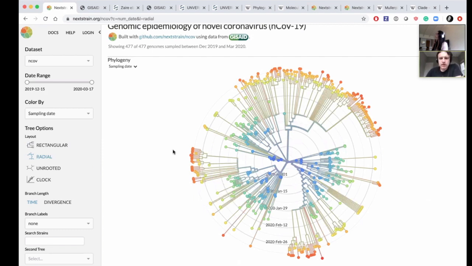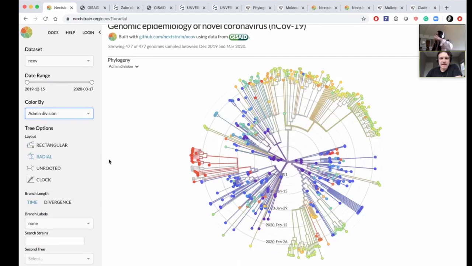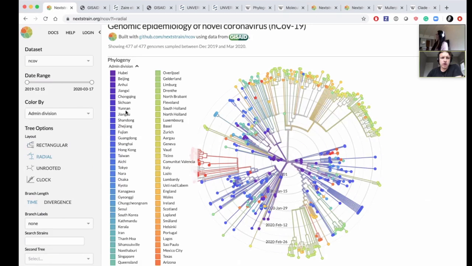Got it. When I was going through this, it clicked easier for me to look at the radial, because for me personally, in the rectangular one, the further down you went, there were so many dots that they overlapped, and this one spread it out more. So that makes sense as what you were saying about layout and distortion. Yes, I think also we can see that if we go to administrative division